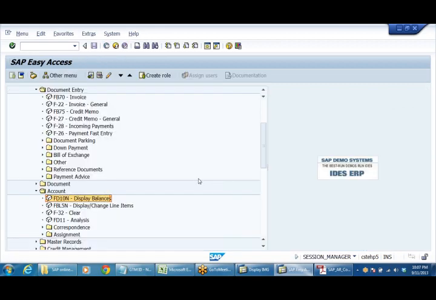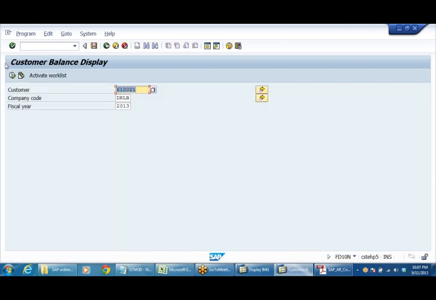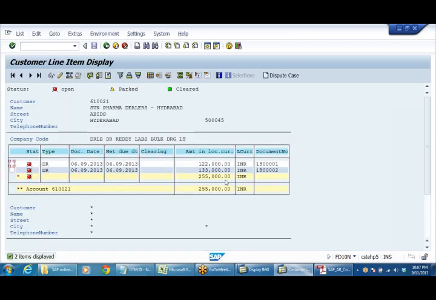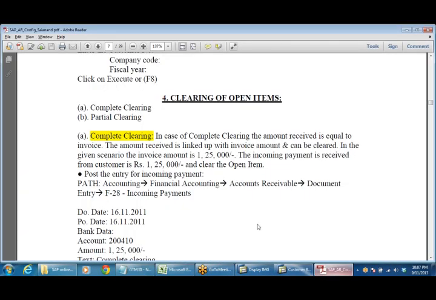So here what I wanted to tell you is that there are two things. One is when you receive payment, then we call it clearing the open item. That means whatever the indication or symbol system is showing as open has to be cleared. Open means outstanding, so that has to be cleared.